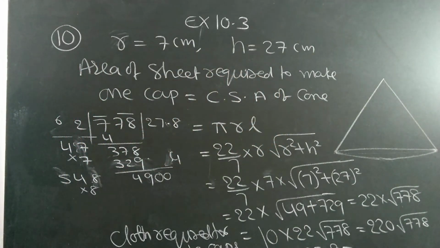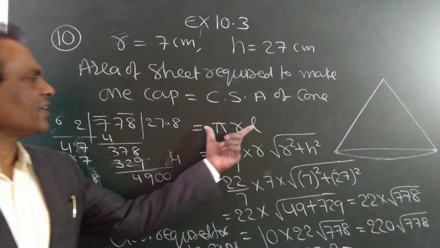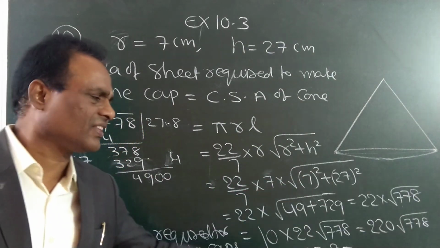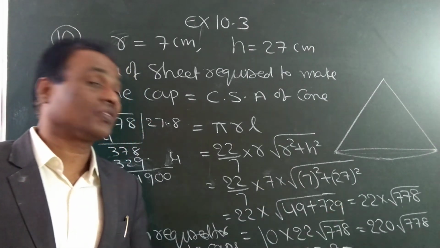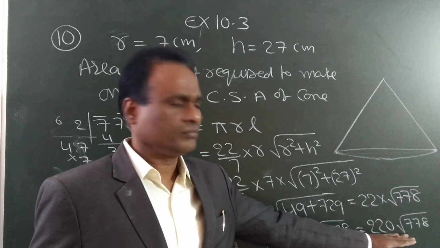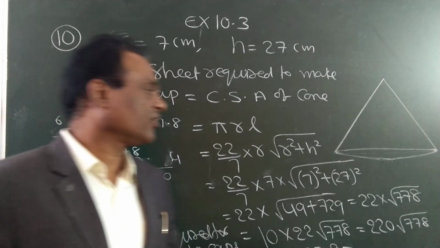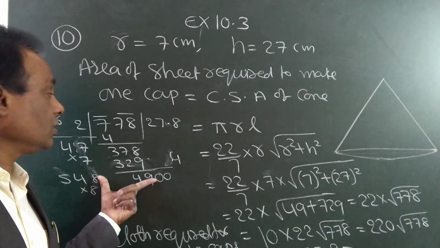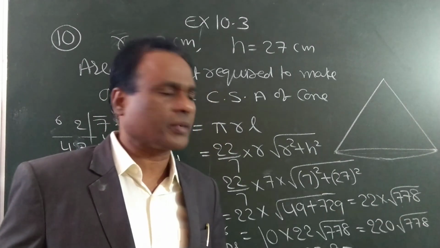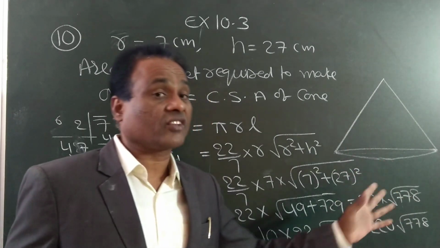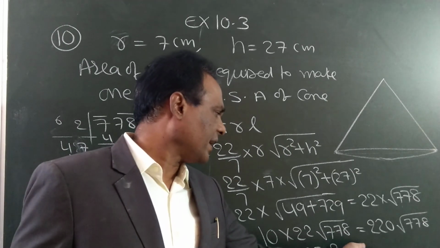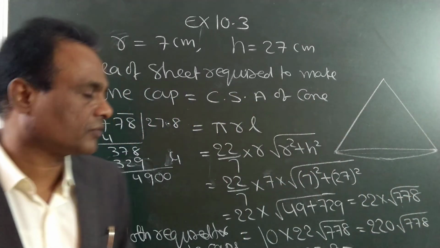Get it, students? So up to here our concept is over. After this, only simplification. Simplification is a little lengthy. So you have to find the square root. If you don't find the square root, you can keep it as it is also, because up to here it is over. But if you find the square root, then multiply the answer with 220. You will get an approximate answer, because 778's exact square root we can't find, as it will continue and recur. So approximately we will find it and multiply with 220. That will be your answer.